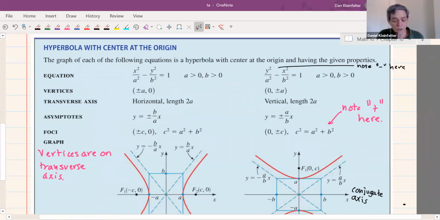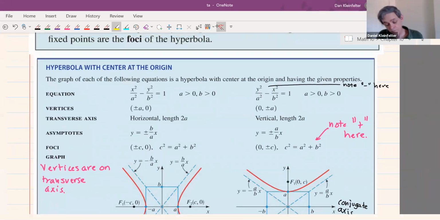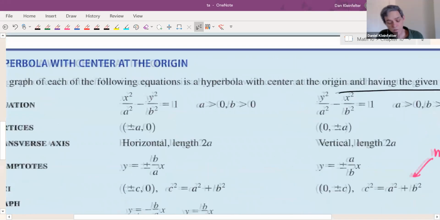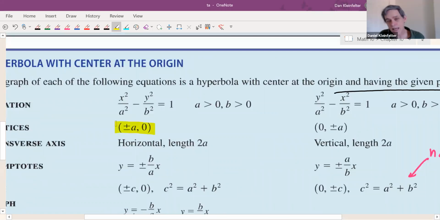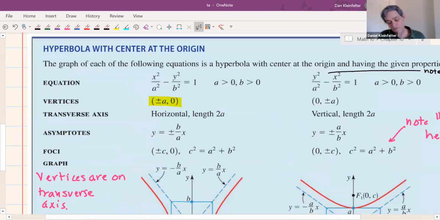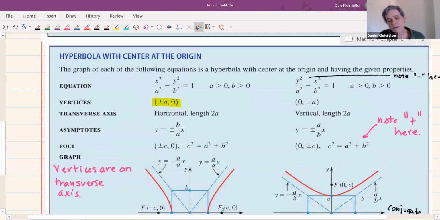Okay, so for the first one, we have x squared over a squared minus y squared over b squared equals 1. So for this one, it's going to be side opening, okay, rather than up-down opening. That's the one on the left. Okay, there are two vertices, and those will occur at plus or minus a, 0. Okay, so how to see that, first of all, that this is going to be one that is side opening, and the fact about the vertices is just to think about